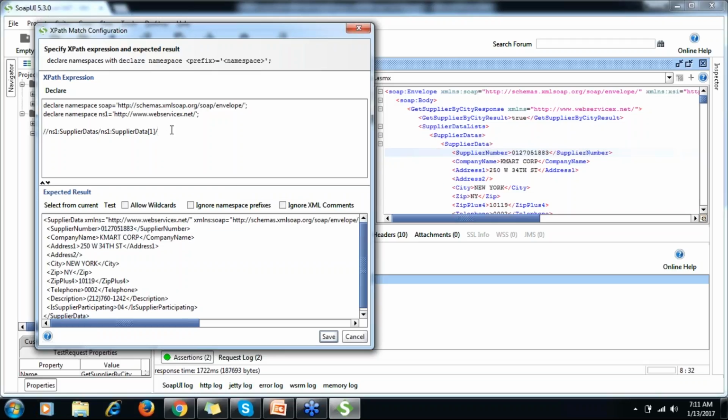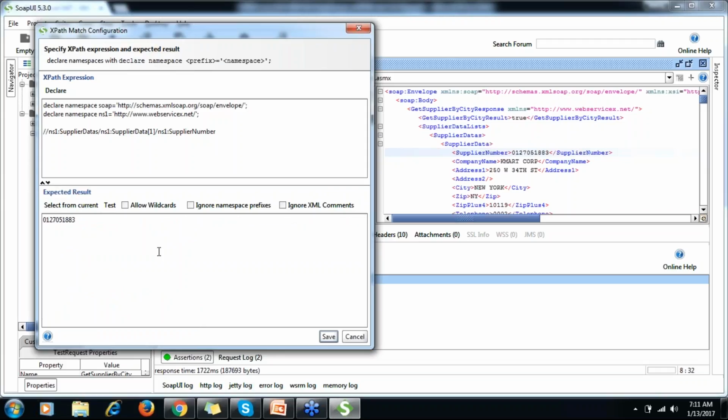But if you want to get any particular property value, so suppose you want supplier number, right? So if I just want supplier number, I can use that. Can I remove this one as well, supplier data list, and just supplier data 1 and supplier number, can I get it?